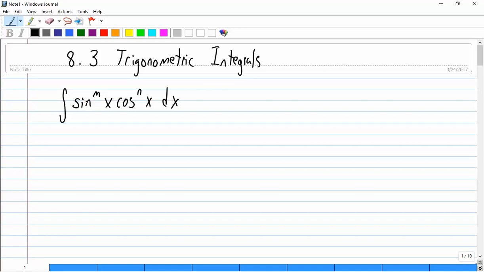So think about an integral that has sine to some power and cosine to some power, and one of those has to be a positive integer. We can also integrate integrals in the form secant to the m power times tangent to the n power. All right,